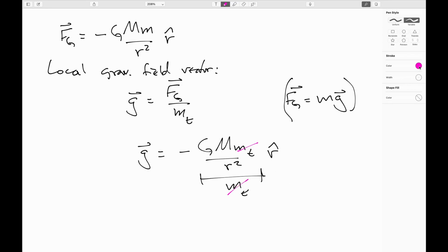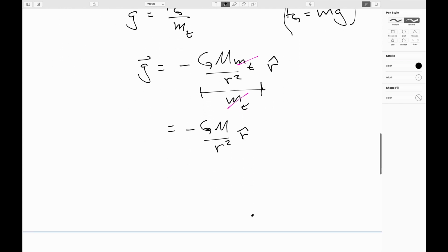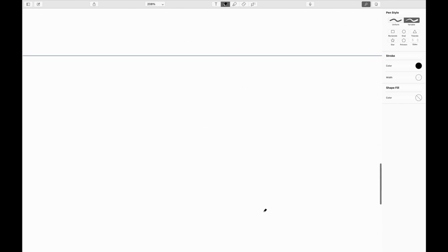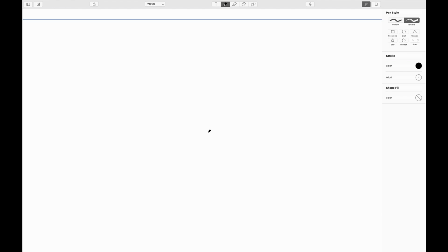And I am left with minus GM over r squared, r hat. So that gives me both the magnitude and the direction. Now if I plot the local gravitational field vector for the sun at any location,